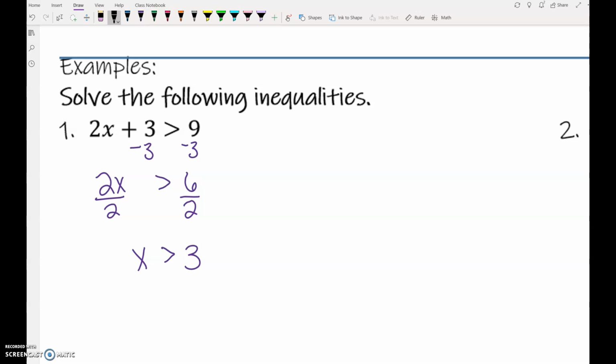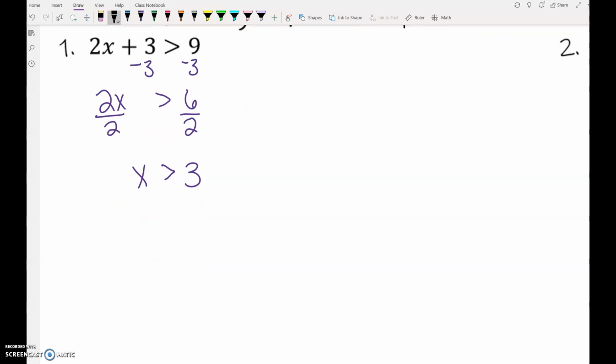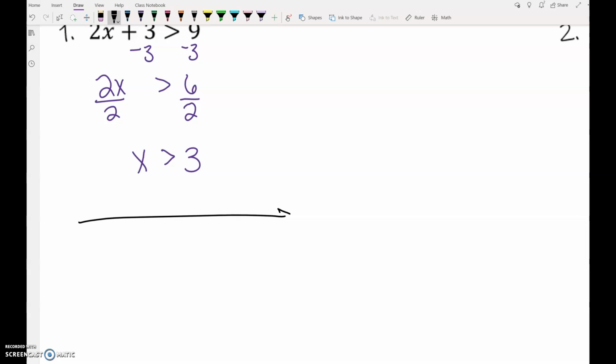This doesn't say to graph the solution, but if the instructions did say to graph the solution, do you remember how to graph inequalities? I don't care how detailed your number line is. If all you have is the number 3 on there, that's fine. It is helpful if you also put 0 somewhere on there, just so that I know that you have some sense of where numbers go on a number line. So if I've got 0 and 3 on my number line,